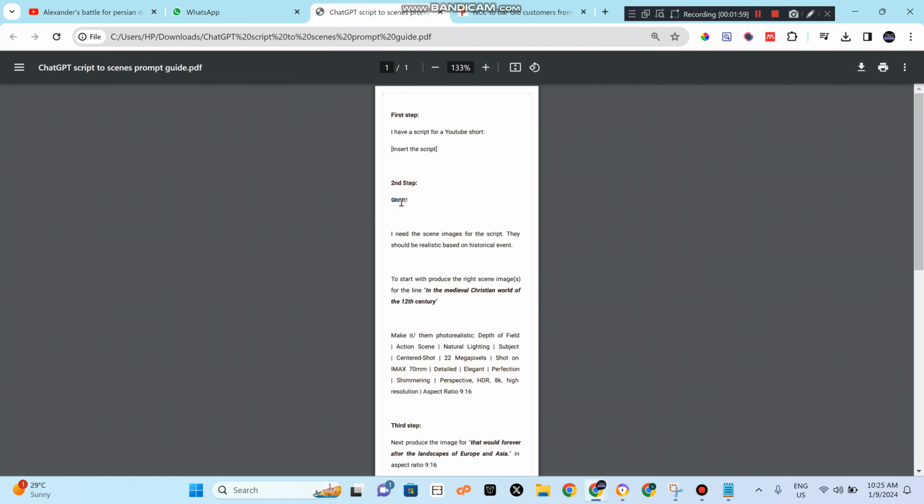You can just say, great, I need the scene images for the script. They should be realistic based on the historical event. To start with, produce the first scene image for. I'll explain all this, but before I even copy, let me explain. So the next step is, from this script